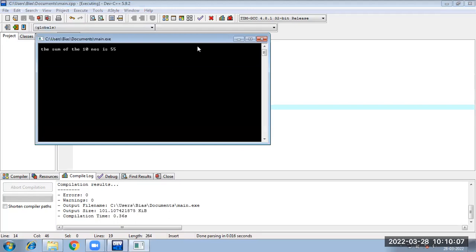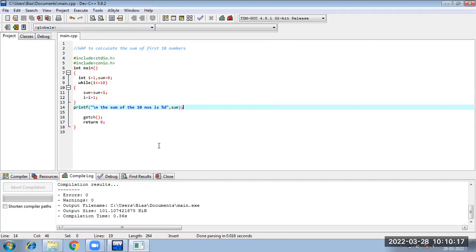ठीक, the first 10 numbers का सम आया 55 है ना, 1 + 2 + 3 + 4 ऐसे करते रहोगे 10 तक, तो 55 ही आता है समेशन. ठीक है, अब यही कॉन्सेप्ट यूज करके थोड़ा सा इम्प्रोवाइज करके अगर हम देते हैं कि write a program to calculate the sum of numbers from m to n, मतलब ये जो हम 1 to 10 का समेशन अभी निकले हैं, तो हम चाहते हैं कि